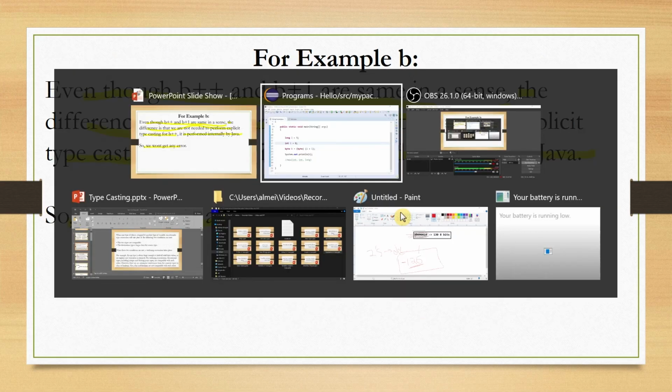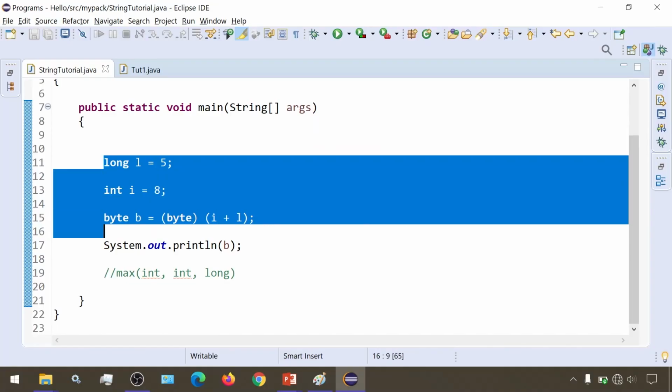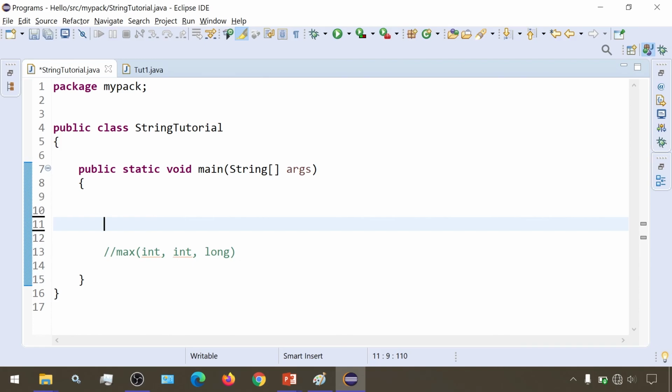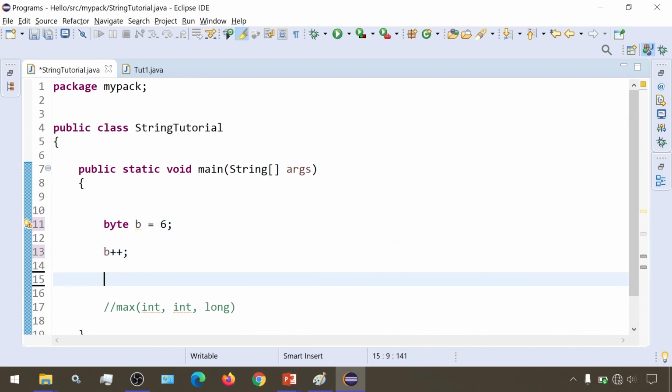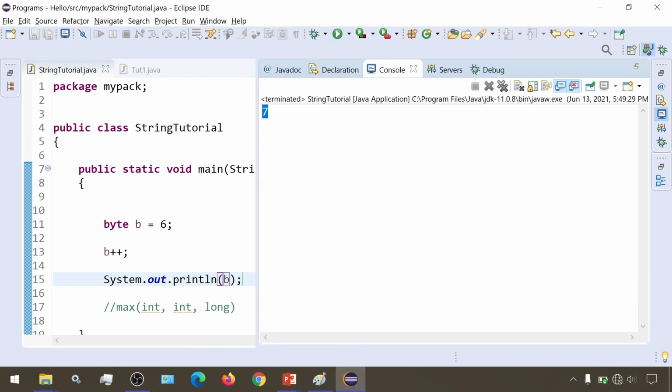So let me show that. Here I have this byte variable b with the value of 6, and then I write b plus plus, and when I print this, we are getting 7 as our answer.